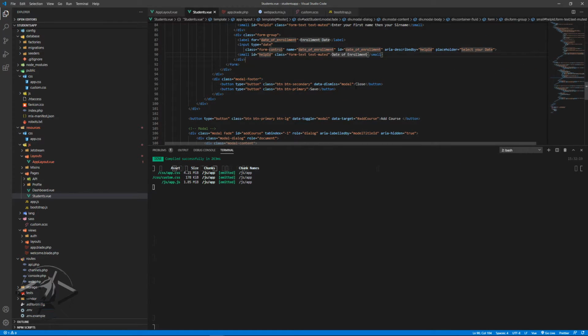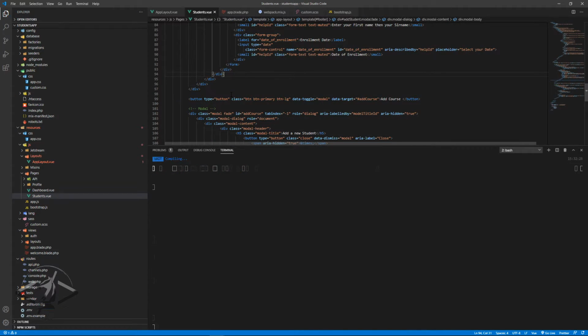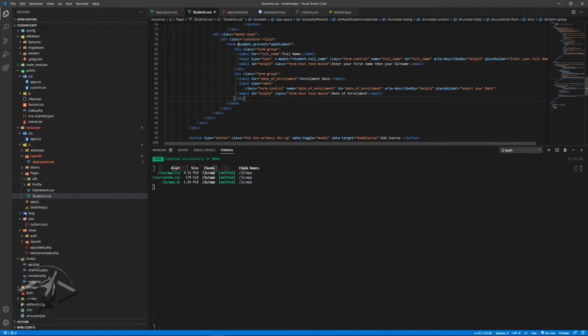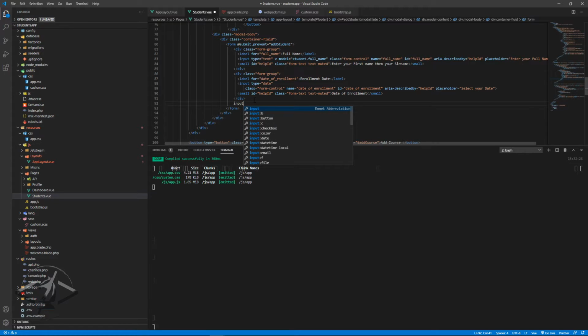Okay, so once we have that done, I think for all these modules I want to remove the module footer, because we're going to have a submit button afterwards. But anyway, let's just finish the form first, and then we also have input select, or rather we just have a before select. So before select, like that. So we're gonna have label for,